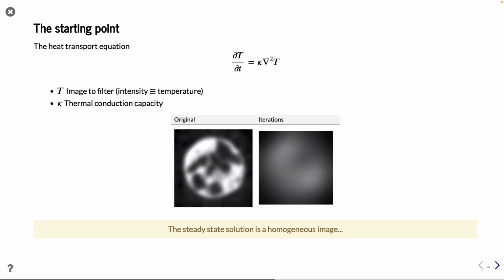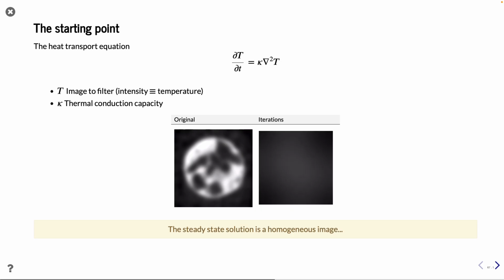And the basic idea is that when you let the temperature distribute, at some point the whole sample or object homogenizes to the same temperature. So it's a smoothing effect that you get from that. But the problem is, as you can see here, it pretty soon smooths out the image completely, so you don't really have anything left. And then we're back to the problem of